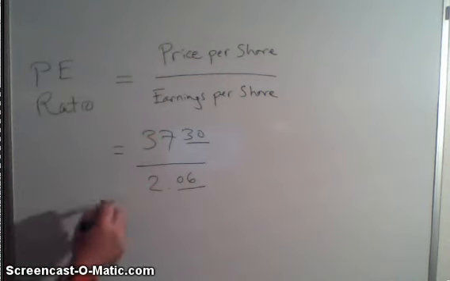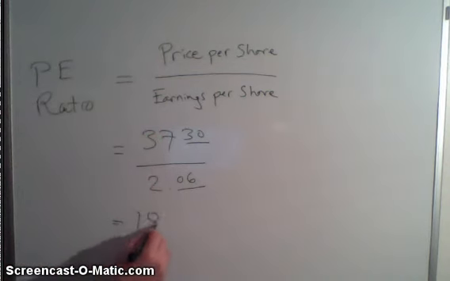So I've written these two numbers up here. We're going to divide the two, and we're going to get 18.12. So you're paying 18.12 times the amount of earnings you're getting. Another way to think of that is, if they were earning $1 a year, it would take you 18.12 years to get your money back, if it stayed at the same amount every year. I guess I don't know if I explained that right, but that's what it means. Now that doesn't mean it's really going to take you 18.12 years to get your money back if you buy Coke,